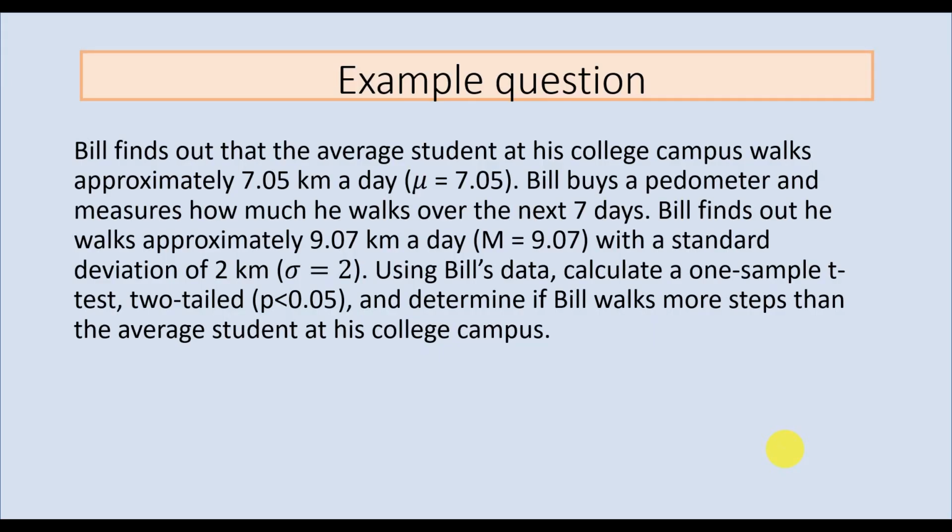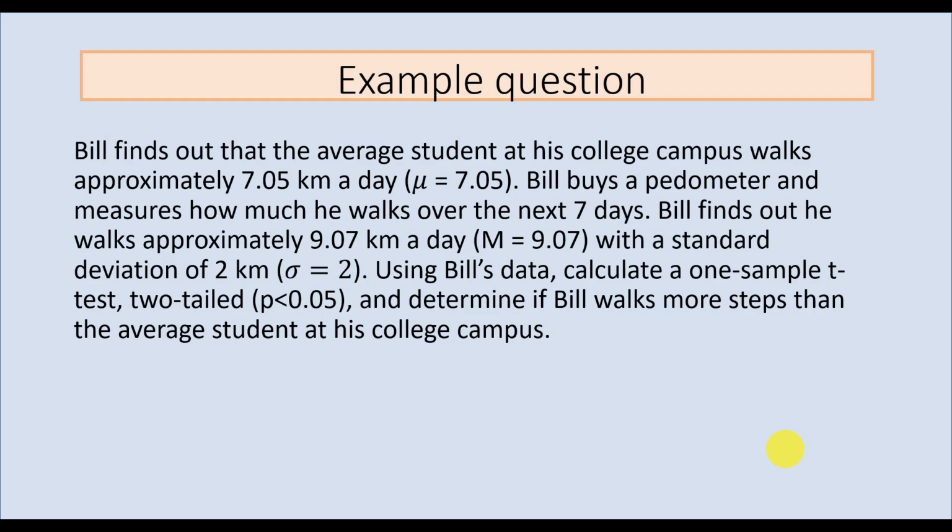So to quickly recap the question, Bill finds out that the average student at his college campus walks approximately 7.05 kilometers a day. Bill buys a pedometer and measures how much he walks over the next 7 days. Bill finds out he walks approximately 9.07 kilometers a day with a standard deviation of 2 kilometers. Using Bill's data, calculate a one-sample t-test, two-tailed, and determine if Bill walks more steps than the average student at